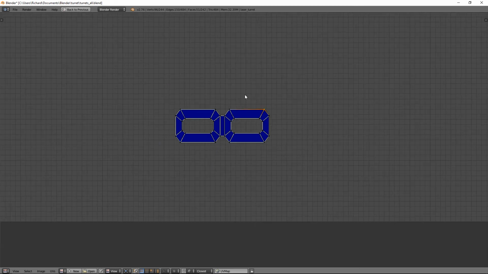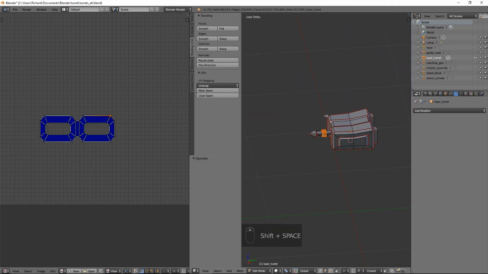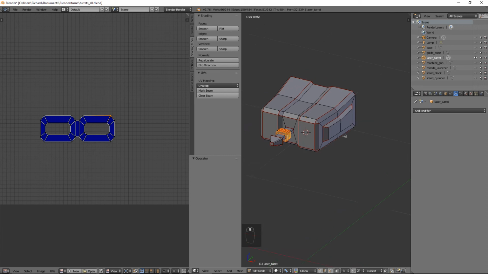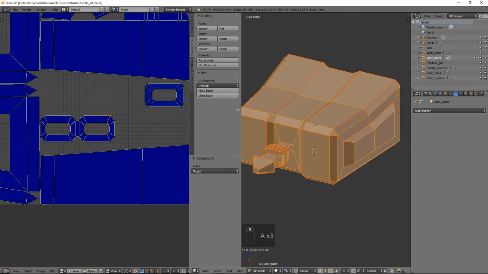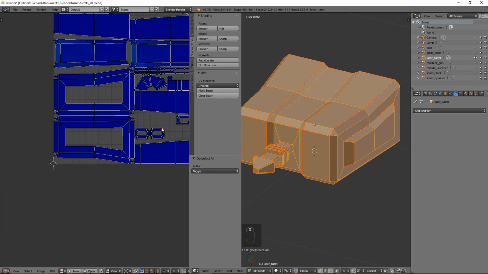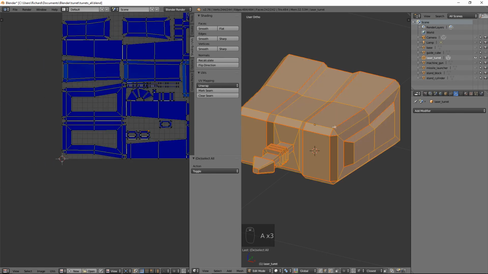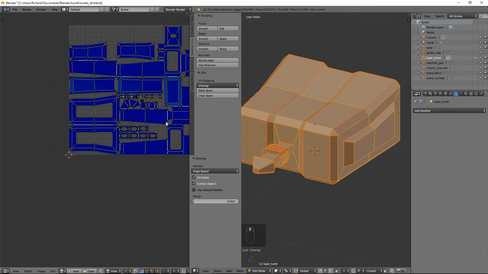So do you know what? I'm not going to do that on account of the fact that it would take forever. It's a shame because we'd get more texture space. Let's just have a little look and see what we can do off the bat, because I can see there's a bunch of holes here that we can... Let's just unwrap it again. Okay, and just start moving some things around. So if we just L that, grab it,